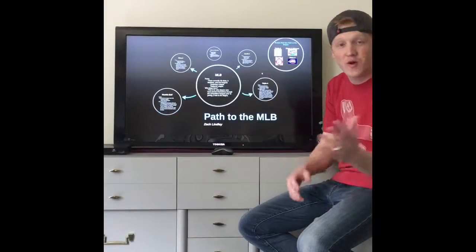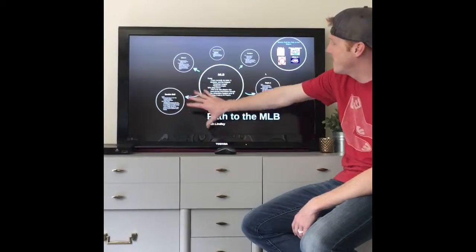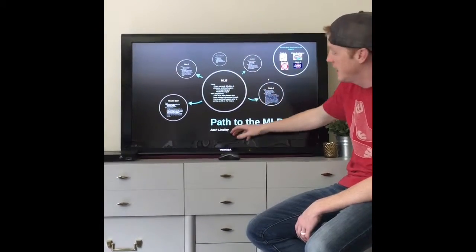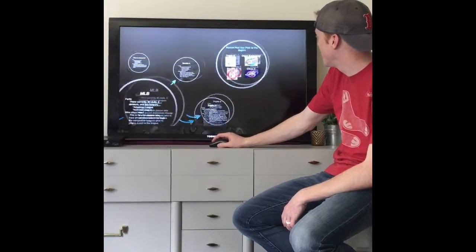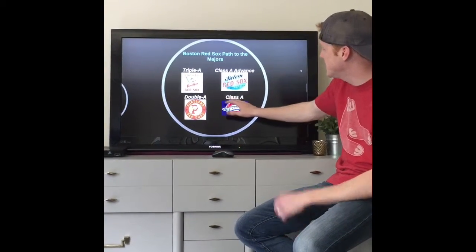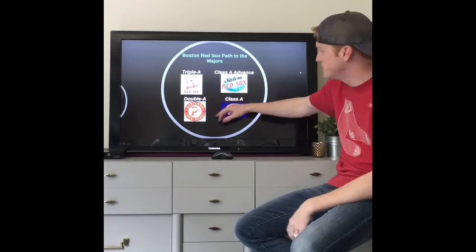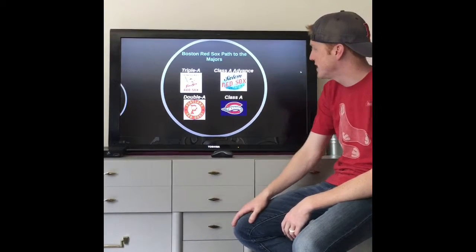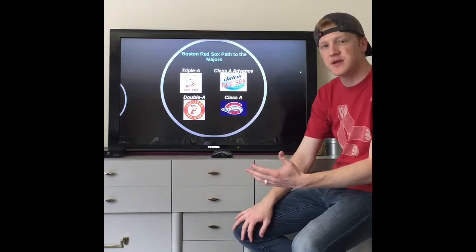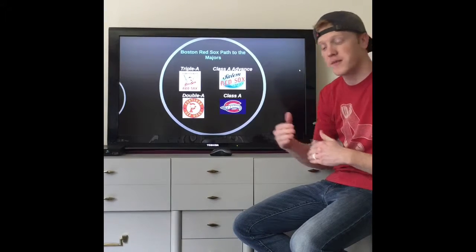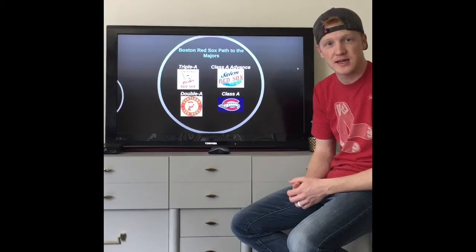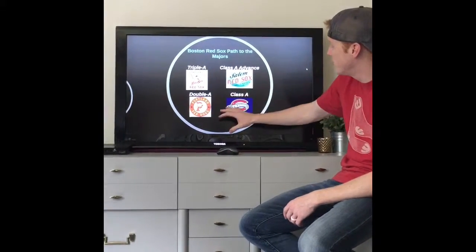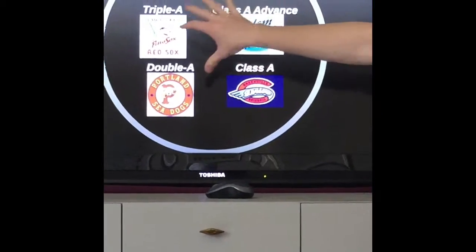All right, so I wanted to show you guys an example of kind of how this system works, and obviously I chose the Red Sox. I'm a big fan. So let's come up here. As you can see, it has different locations: Portland, Salem, Virginia. A major league team is not required to have their minor league system in the same state. More often than not, they're not located in that state. So let's go right through here. We'll go from bottom to top.